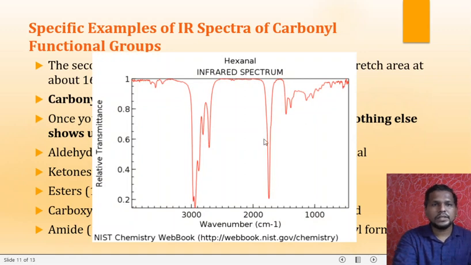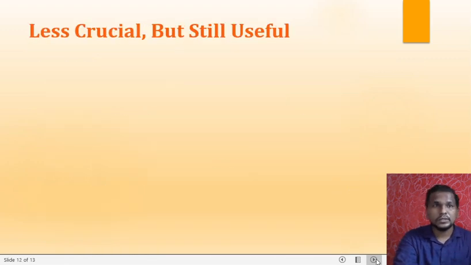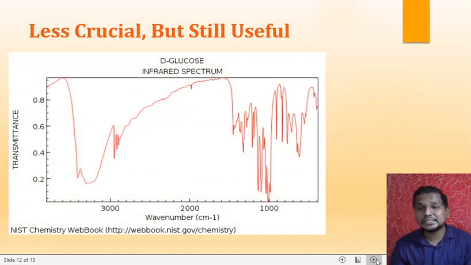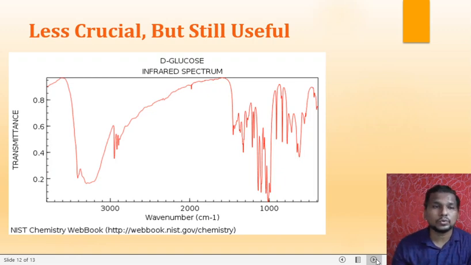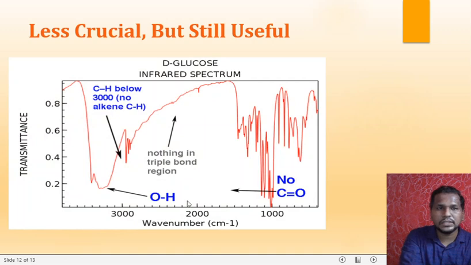So in the hexanal spectrum, yes, this is the CO stretching. Again, I am going to show that. But the last point, the spectrum which we saw in the beginning: it is the infrared spectrum of glucose. From the information which I have given over the past 10 slides, what exactly did you get? You have to apply this. So this is the spectrum. Now I hope you find these points.